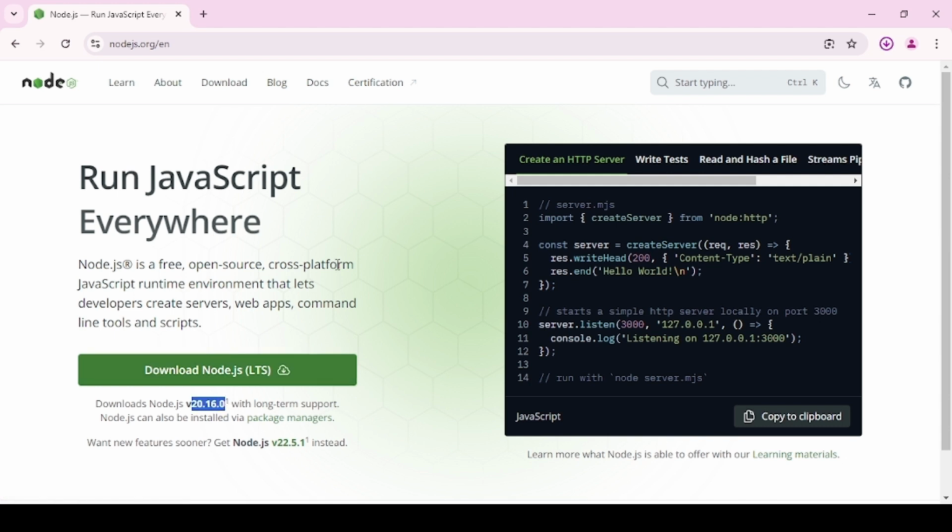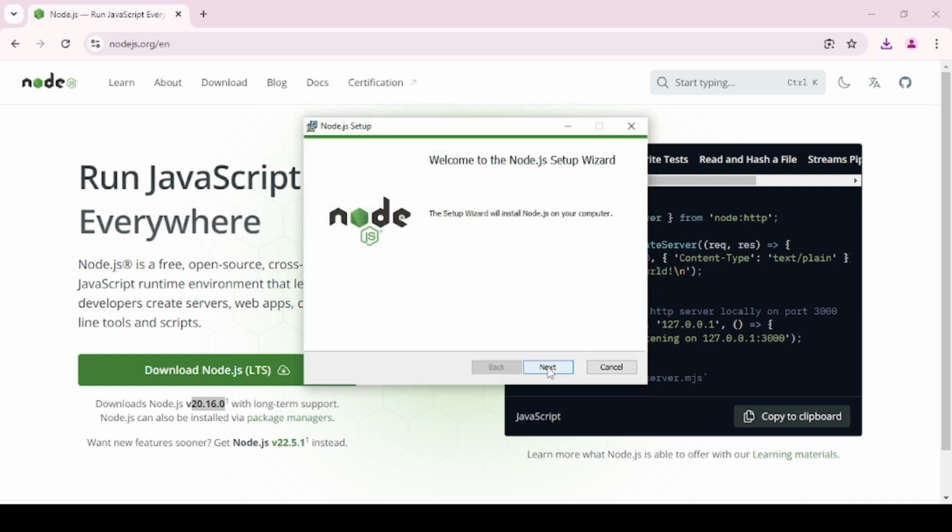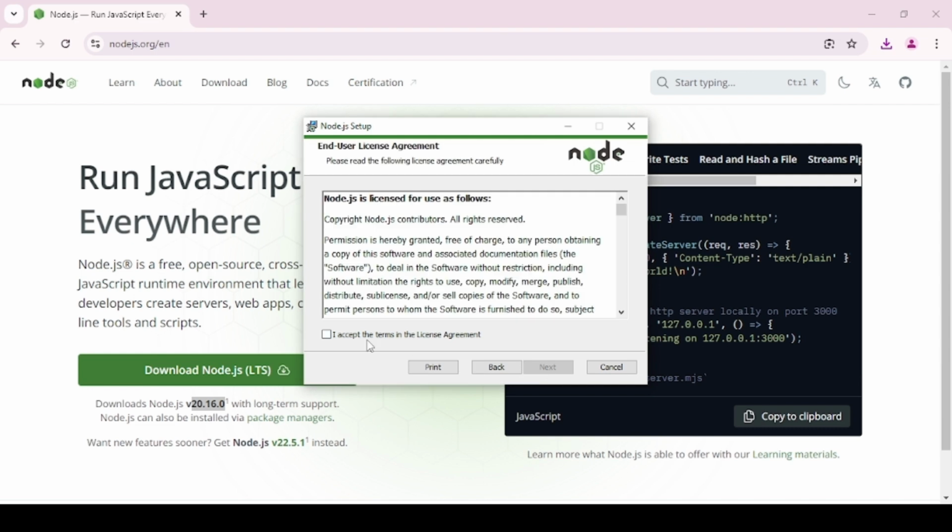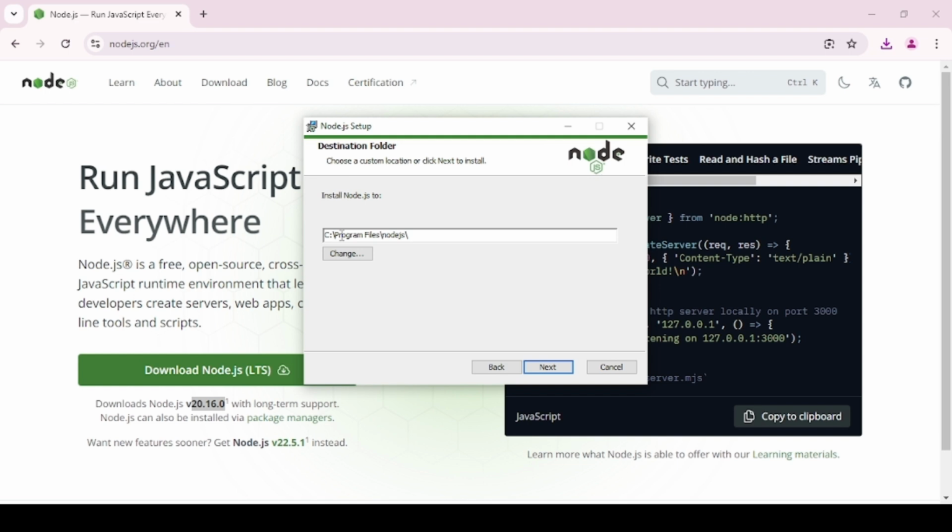20.16. Once this gets installed, we are required to open the setup. Right, so you need to click on next and accept the terms. Click on next, and you can change the path if you want, but I'm going to stay with the already mentioned path.